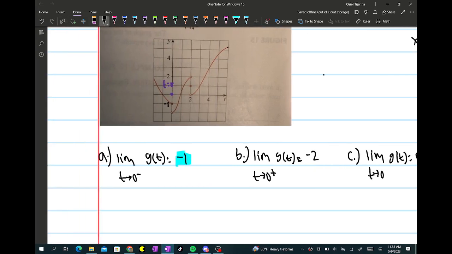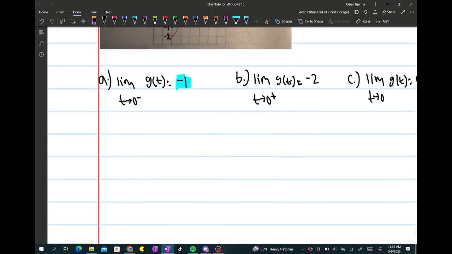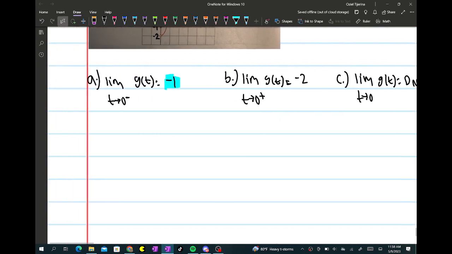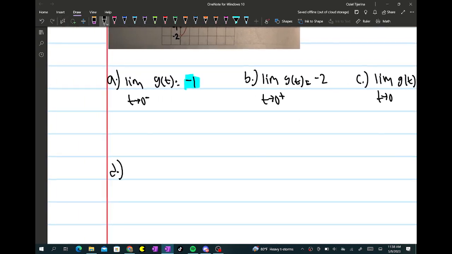One is approaching -1 and the other is approaching -2 as we get closer to x equals 0. Right? Or t equals 0 in this case. And so we have to understand that, and I think it can get a little tricky. So we have to really try to understand that idea and remember that idea. Okay. And then part D says,